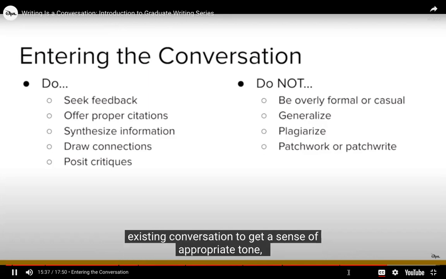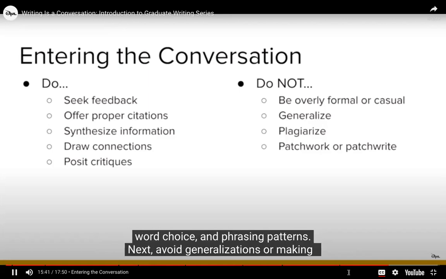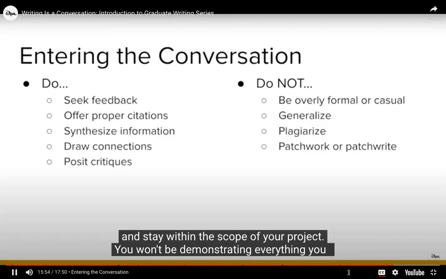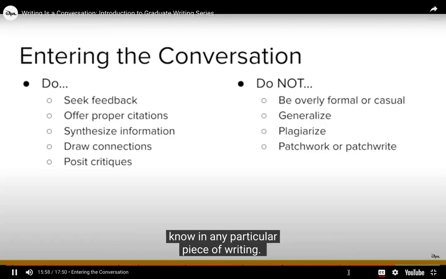Again, explore the existing conversation to get a sense of appropriate tone, word choice, and phrasing patterns. Next, avoid generalizations or making sweeping statements in your work. Instead, be specific in your writing and stay within the scope of your project. You won't be demonstrating everything you know in any particular piece of writing.